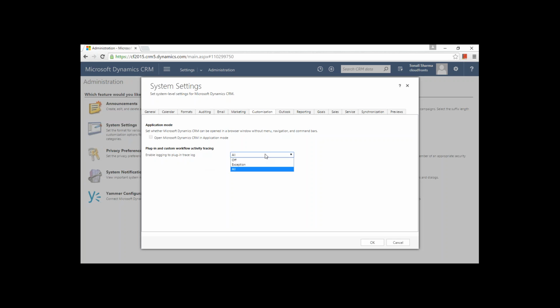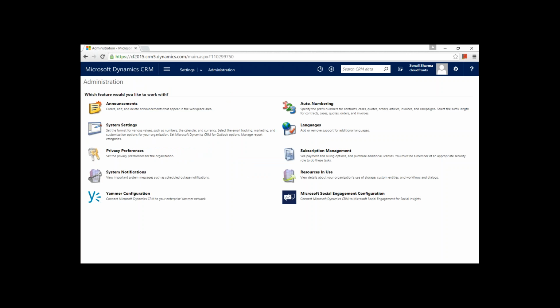In the drop-down you can see that there are three options available: Off, Exception, All. Off means it won't track any exception, anything. Exception, it will track the error log only if there is an exception in the plugin or workflow. And All, it will trace all the errors and events, even if there is no error. So in our case, just for the demo purpose, I will select the All option and click OK. So we have enabled this